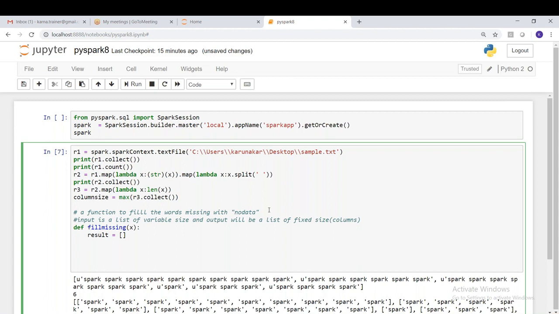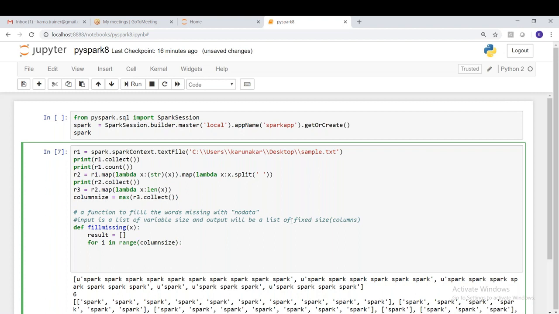Now we have to iterate, right? How many times do we have to iterate, guys? For how many words do we have to check in each list, whether that list has 10 elements or not? We have to iterate 10 times. So for i in range of columns, column size, range of columns.